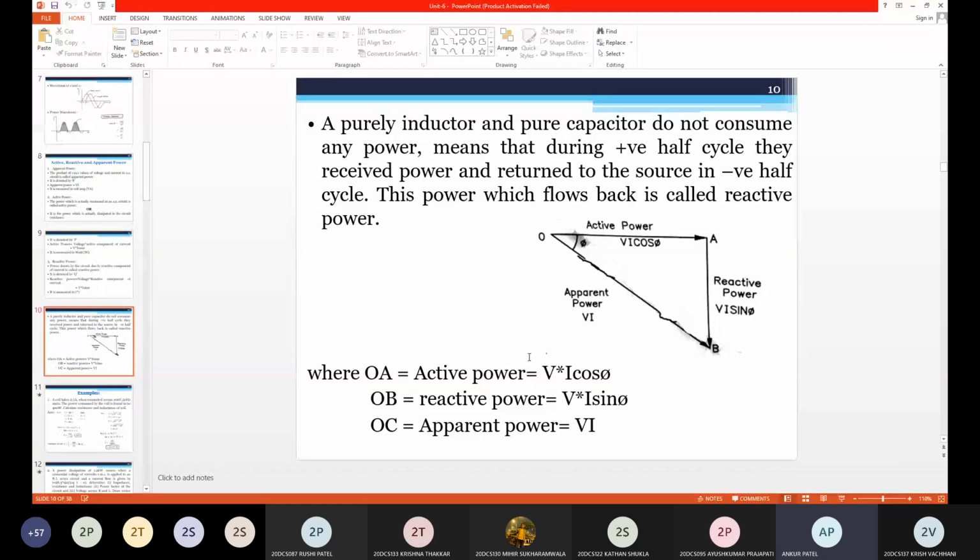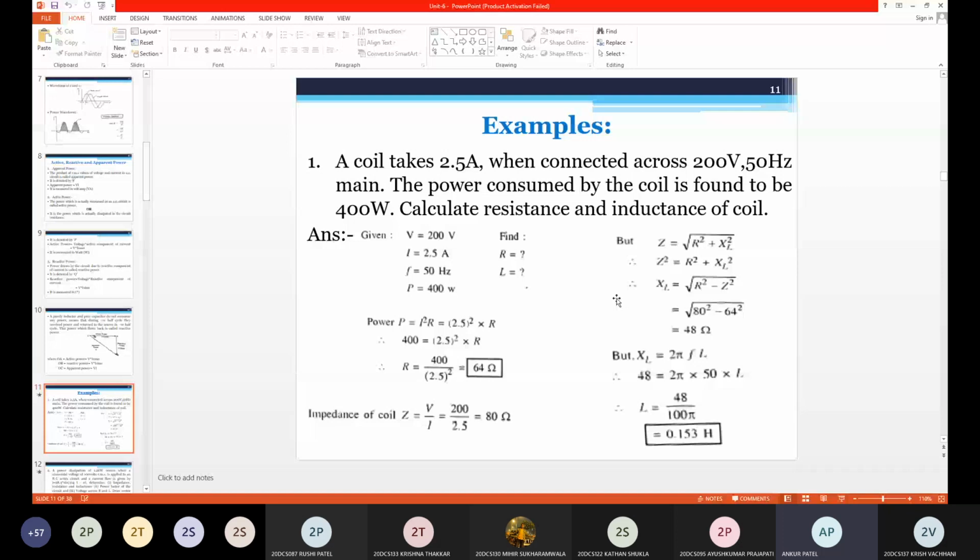I will show you in the next lecture how we can reduce this power factor, or reduce the KVA and KVAR component in the circuit. It is not in your syllabus, but I will show you in the next lecture. Okay, so